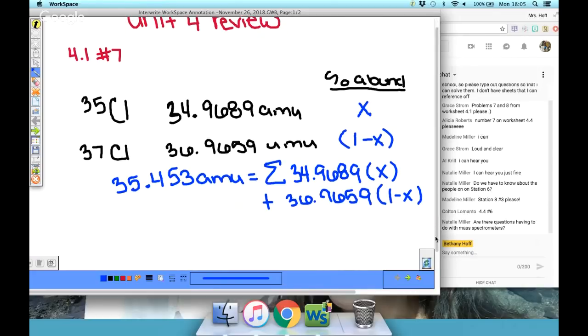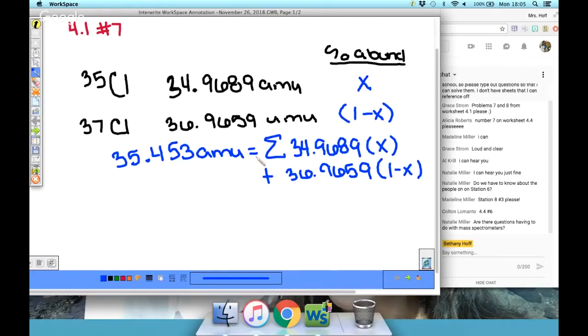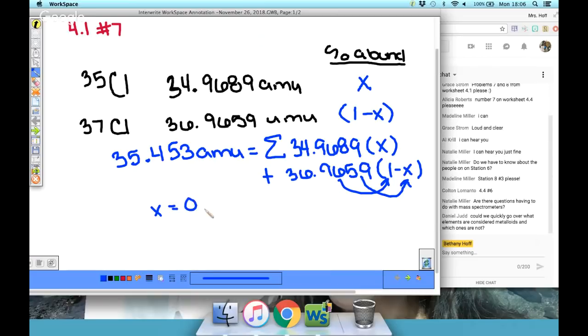So you're going to do some math. I'm not going to go through all the math. I think the most important part is being able to look at this part right here. You would need to solve for x. Don't forget that in this case, you will need to distribute this to isolate x. So what you end up getting is that x equals